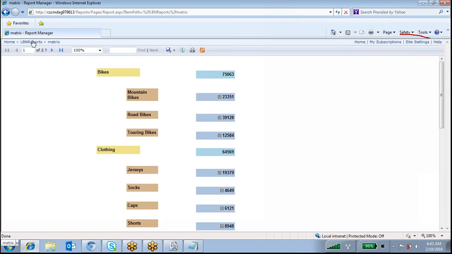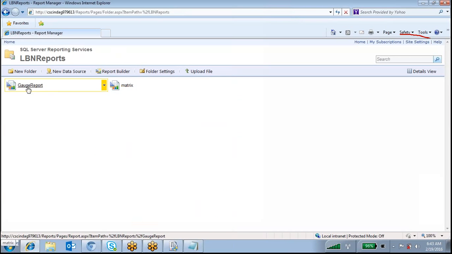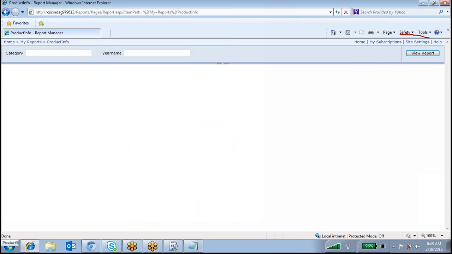So there is no parameter for this one, right? Right. So I'm going to see this one more report. In my reports, product info report, we'll see. So this report having category, you can give any category by REM 2005 or 2006.